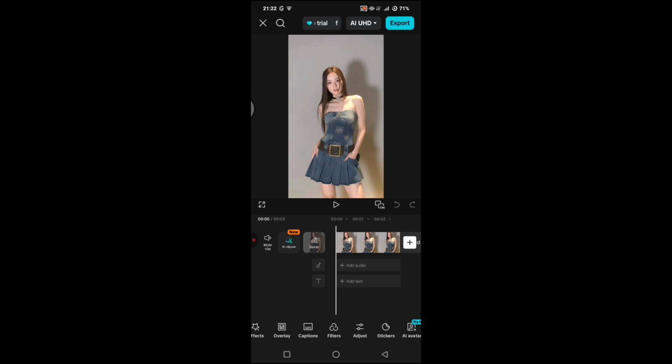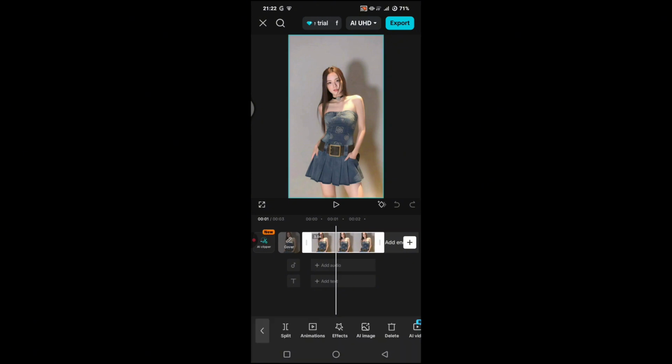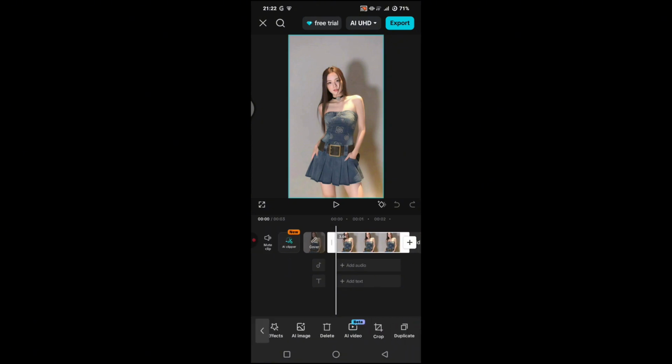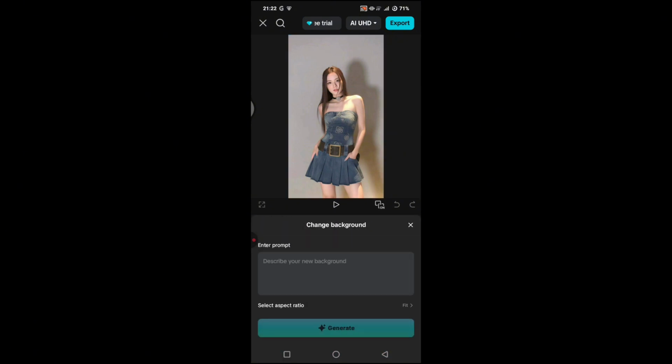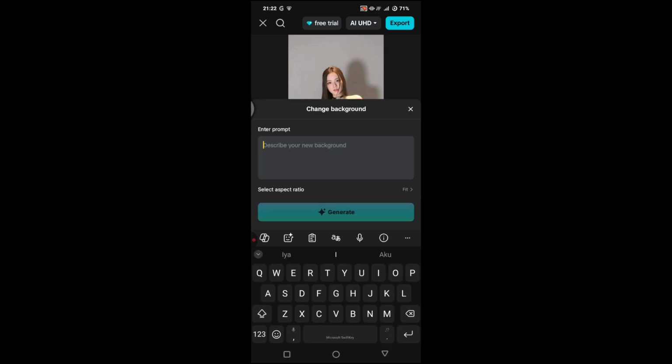So you can just add a photo or video to the CapCut timeline like this. Then just click on it and swipe through the options until you find the change background option. So click on that option, and in here you can just describe your new background. So it will be using an AI background. So if, for example, I'm going to just write